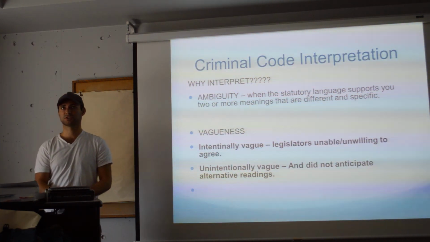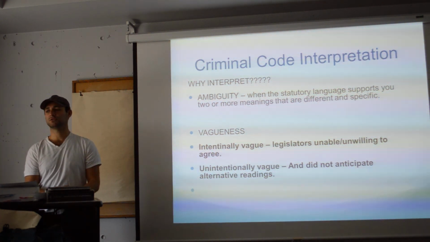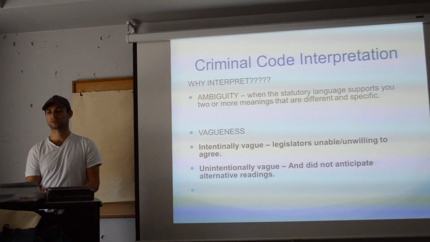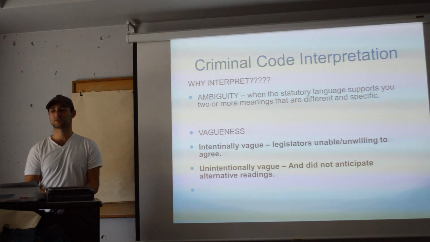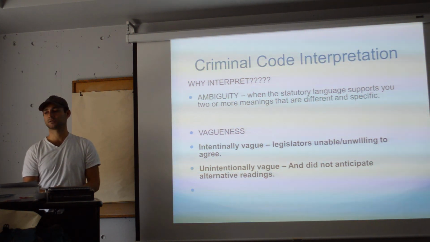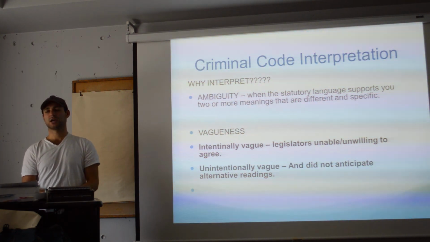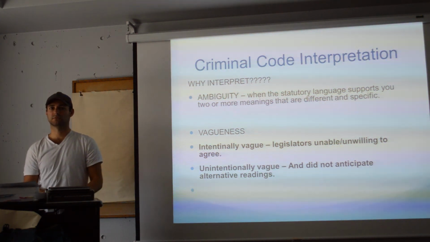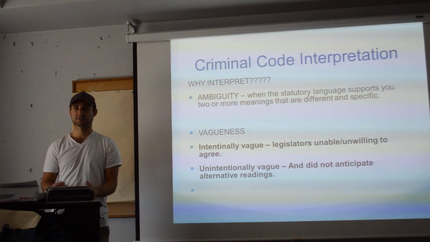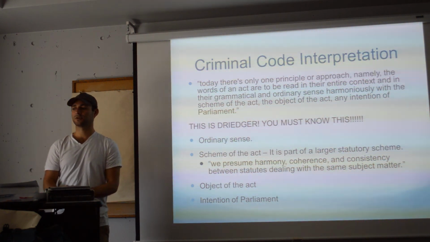So, criminal code interpretations. Why do we interpret the criminal code? Because there is ambiguity in it. The statutory language often supports 2 or more meanings. It also may sometimes be vague, and this may be the result of intention. The legislatures may be unable or unwilling to agree on a precise word. It may also be unintentionally vague in the sense that they did not anticipate alternative readings, perhaps because the act was passed 70 or 80 or 100 years ago. So, criminal code interpretation,